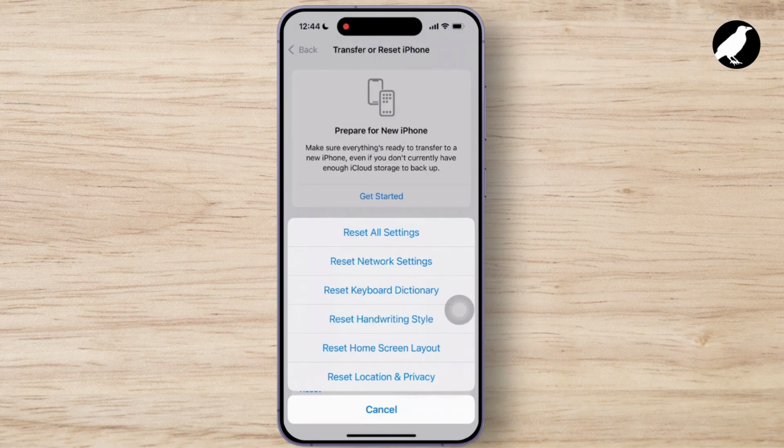If the issue persists after trying these fixes, you may want to contact Apple Support or visit an Apple Store for a